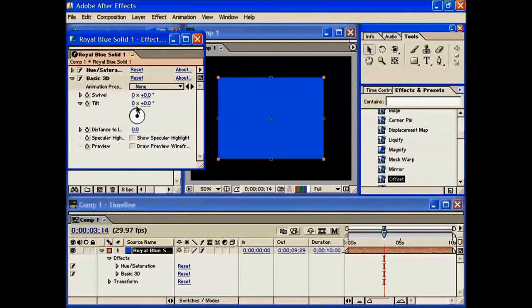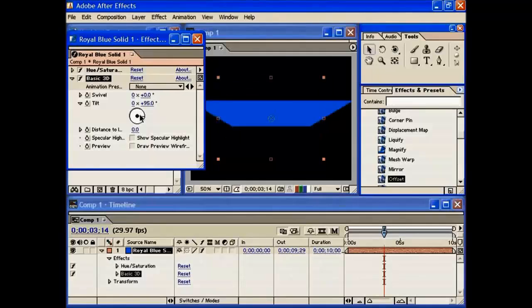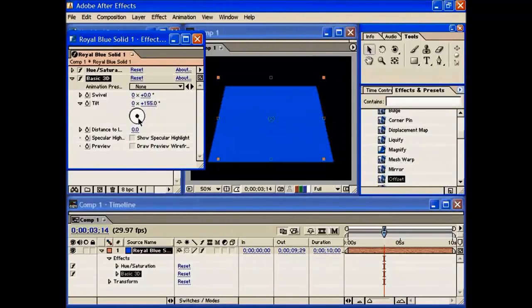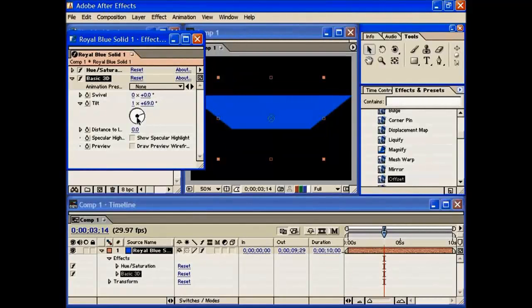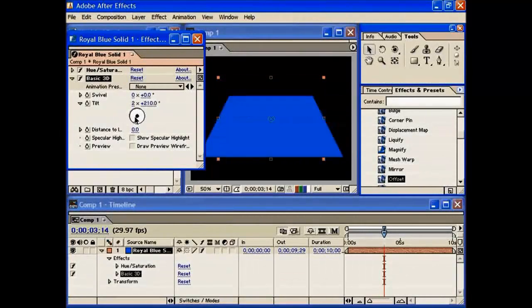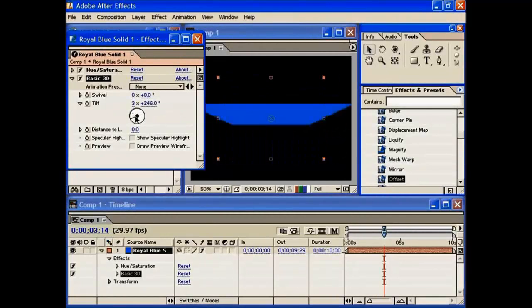You'll notice this black line here, and this represents the angle of the degree for the actual dial. And if I change the dial here, you can see that the number changes here, and the effect takes place in the composition window. If I go beyond its original point, you'll see that the degree resets and the revolution number goes up. So we can actually use this as if it were a real dial. And we can also go in the opposite direction to gain a negative number